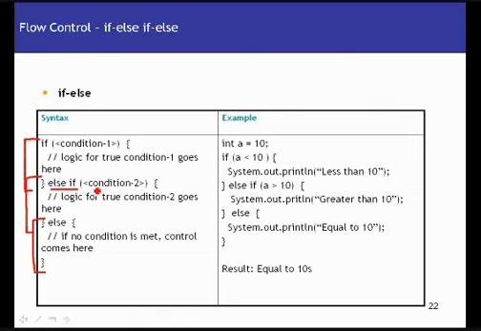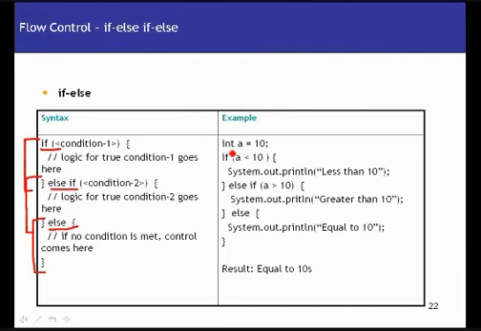So what are the valid combinations I can have with these else if conditions? There are only two rules. One is that the if condition has to be the first statement in this block, and if at all you have an else statement, it's got to be the last statement in the block. If you write any combination of if else blocks which abide by these two rules, you're going to have syntax-free code without any errors. Let's have a look at the example here.